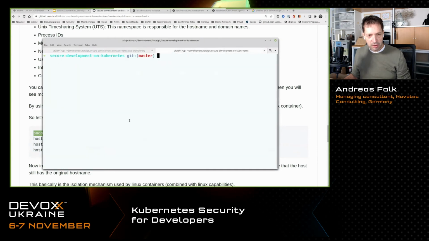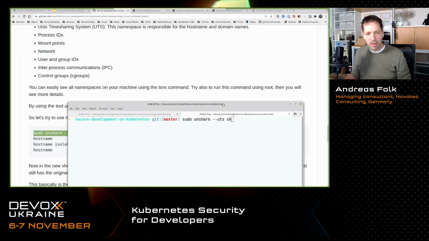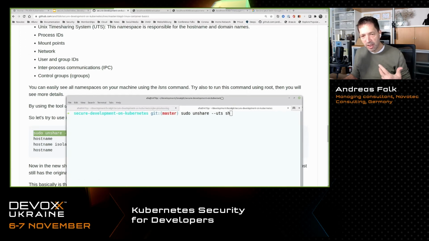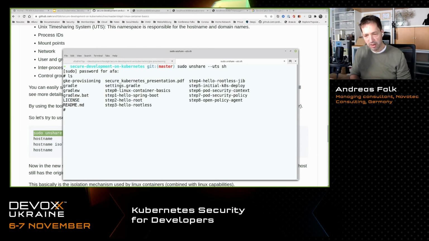So if I use the unshare command, with unshare you can pretty much do some isolation, and use unshare quasi with that namespace, in that case the UTS namespace, to set your own host name separate from the parent operating system. So I now will open a shell. And in that shell, I have my own host name environment.